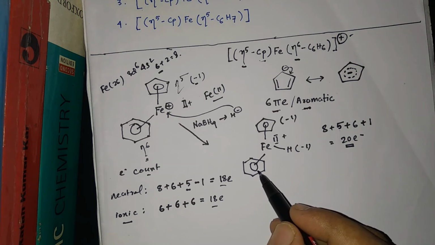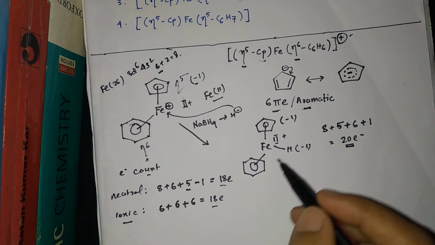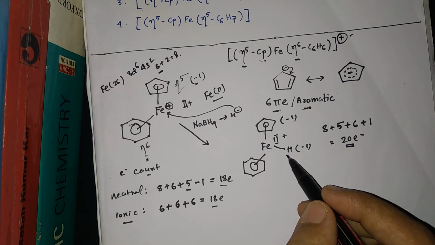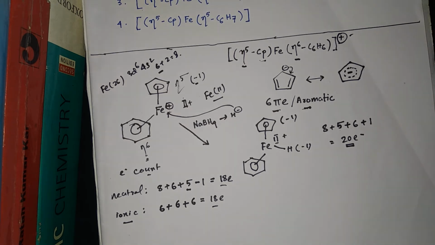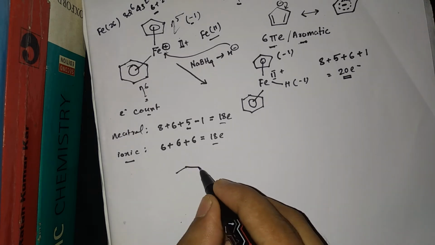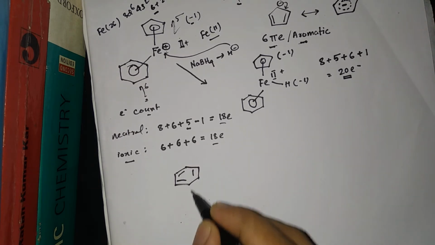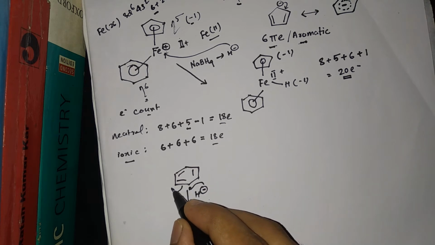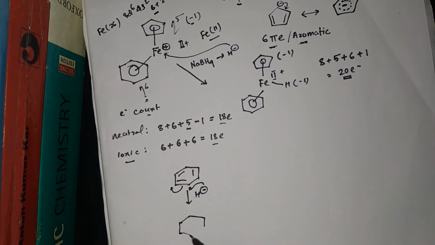So therefore the electron density is less in the benzene ring. So, to reduce the electron repulsion, the hydride ion will react with this benzene ring. Then what will happen? You can see this is a benzene ring, and H minus ion will react, and this will come like this. So this will form this one. A negative charge will be there.